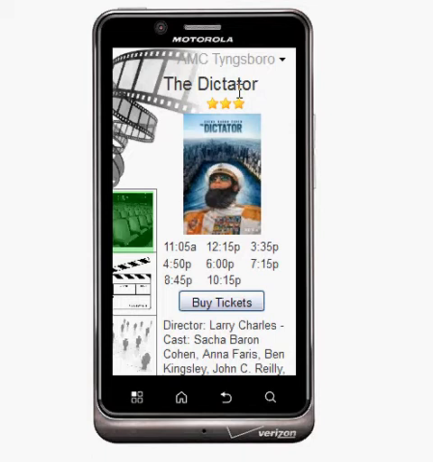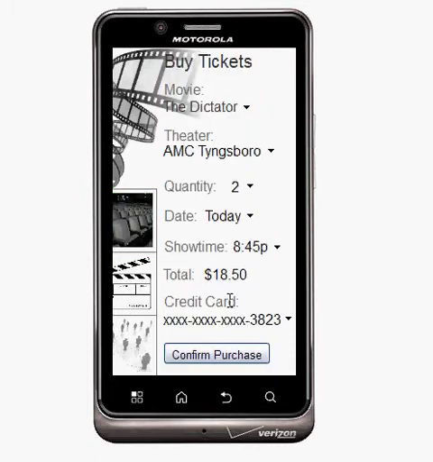The third use case that I prototyped was buying 2 movie tickets to The Dictator at the next showing. In this scenario, I can get to the movie theater not until 8, so I want to buy 2 tickets to the next showing after 8 o'clock. So I would simply click the buy tickets at this point,